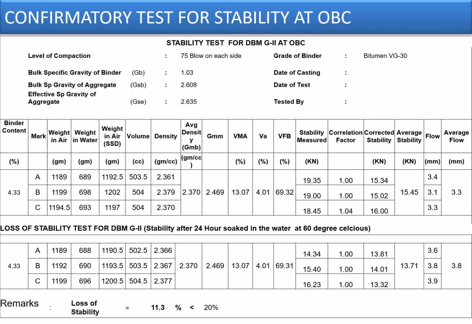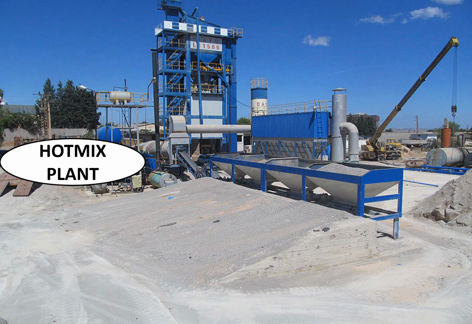So this is how you make the confirmatory test for the optimum binder content for any bituminous mixes, especially in this particular module we talked about the DBM mixes. Then after doing the lab trials, you can continue with your hot mix plant trials, where you can feed the recipe, get the material, cast the molds, test the mold, and check whether the results are meeting or whether the properties are within the limit or not. And once that is done, that means your confirmatory trial is finished and you are done with your bituminous mix designs.